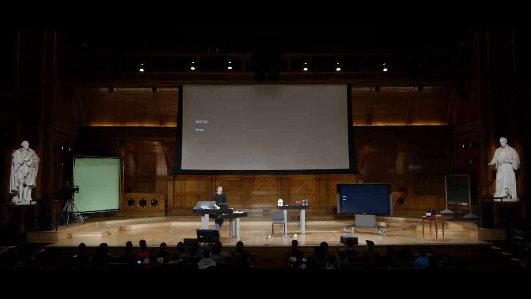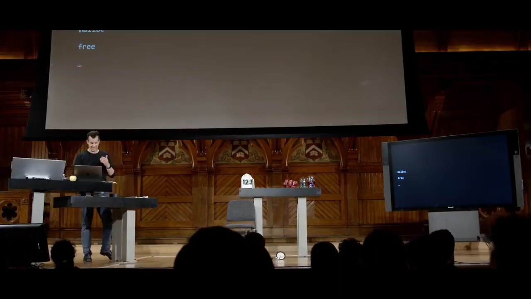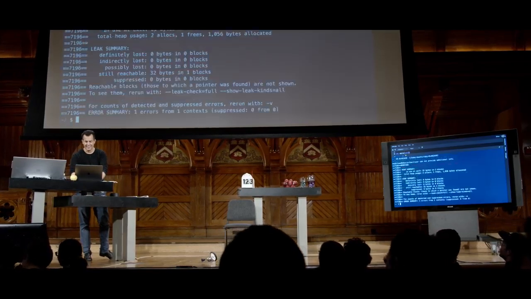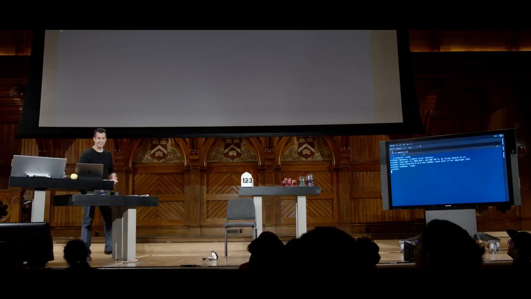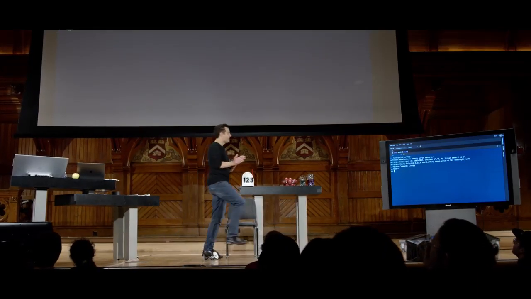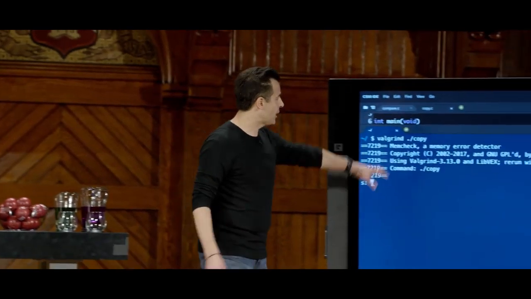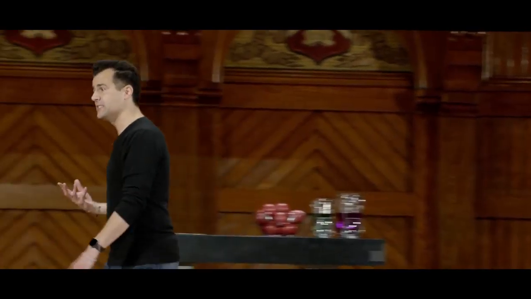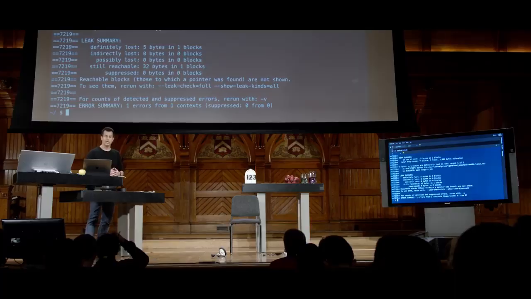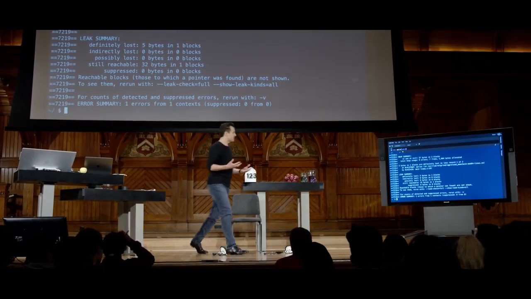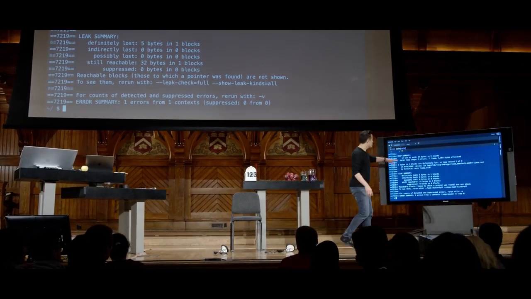So I'm going to go ahead and do this. I'm going to run Valgrind on this program, /copy, and hit enter. OK, there we go. So what you missed was a very scary message. So I'm going to go ahead and run Valgrind on /copy. We see this esoteric output up top, and then my prompt for S, because it's the same program. It's prompting me for a string. So I'm going to give it Emma, all lowercase, and enter. And you'll notice now that there's some summary going on here, but also some mention of errors.